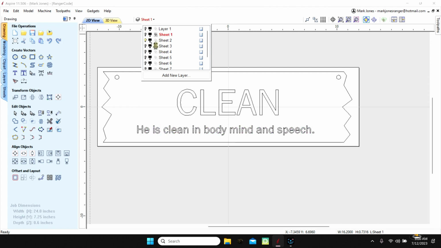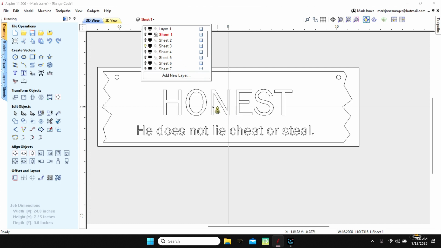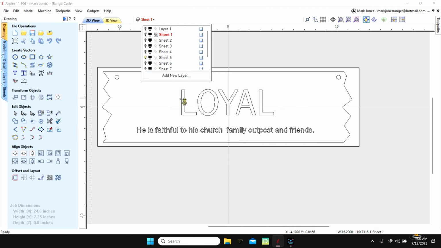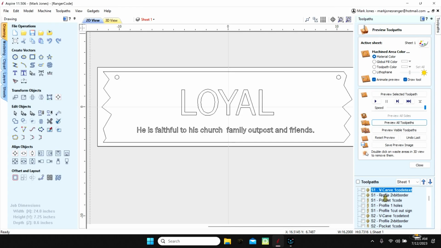And there's that one. Clean. Honest. So now it's putting all that information from each one of those. And that's our sign. So that's what we wanted to happen there. And there we go there. So basically this is going to carve this out and cut this. All right, now that we've gotten that done, we're going to move on to the tool paths, and